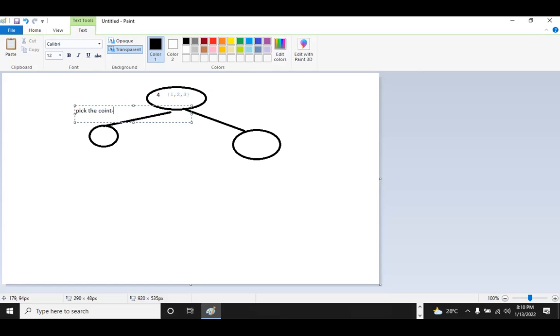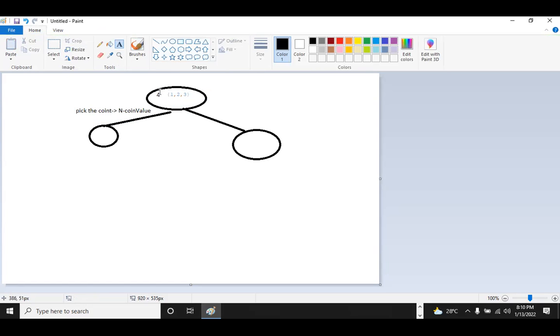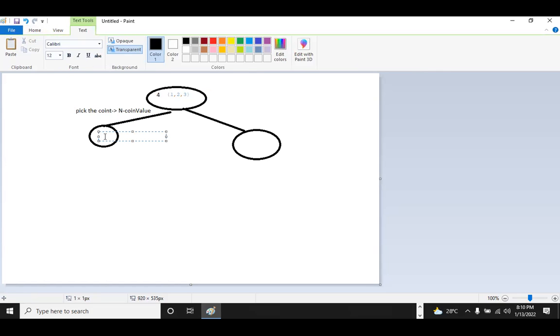So my n value minus the first coin value. Since my n value is 4, 4 minus 1 is 3. So here I'll get 3. Since I'm picking the coin, the rest all will remain the same: 1, 2, and 3.